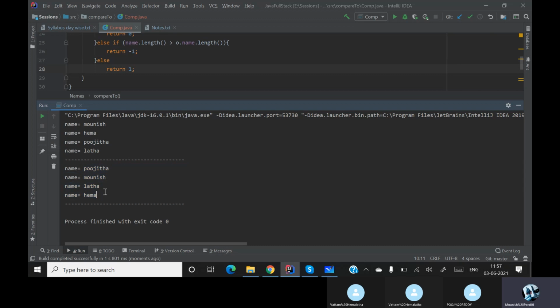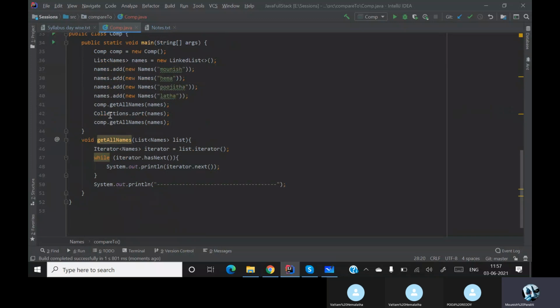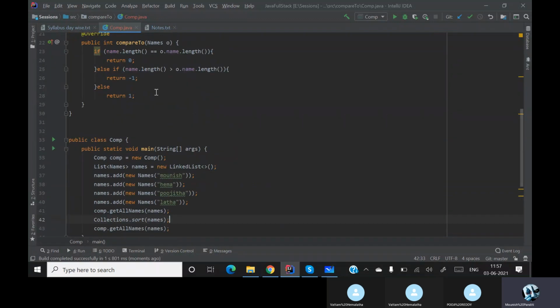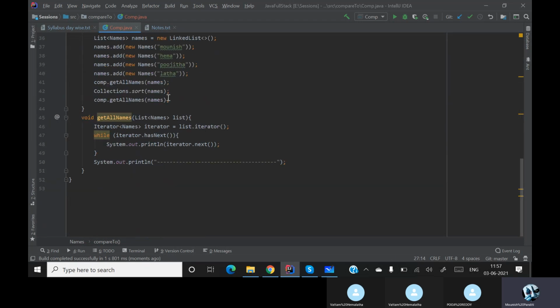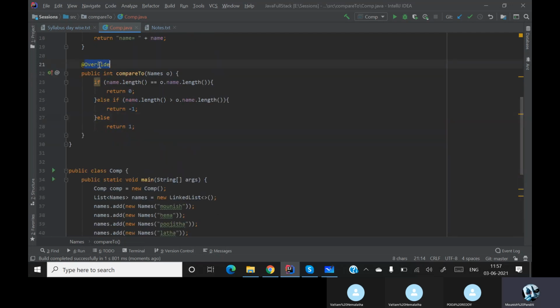Got it? So basically our Collections.sort method over here is taking the values to the compareTo method, and it is comparing over here. Before, we didn't override our compareTo method, so our Collections.sort method basically sorted everything. But now I am overriding my method, so I am giving my values.